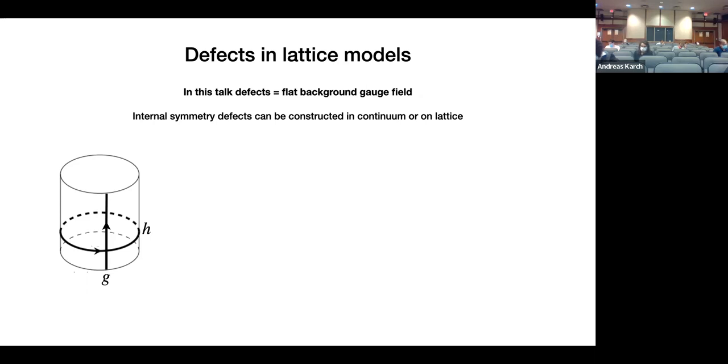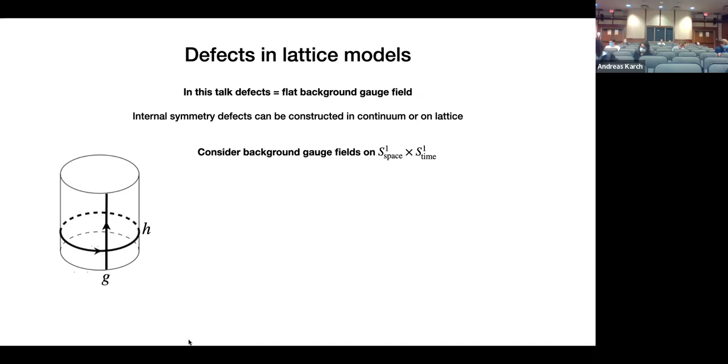Okay. So it's standard to construct defects of internal symmetries. We can do it in continuum or we can do it on a lattice. There's no problem either way. And since we are thinking about a 1+1D system, and we don't want to impose relativistic symmetry from the very beginning, we have a lattice model. There's no relativistic symmetry to begin with. We are limited to this particular space-time manifold,